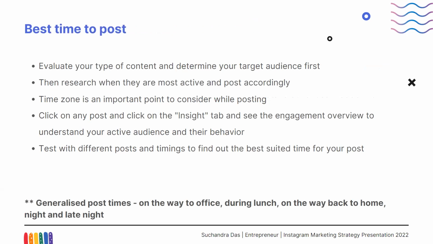Now comes best time to post. Instagram 24/7 আমরা ইউজ করতে পারি, যখন খুশি আমরা চাই আমরা পোস্ট করতে পারি। তো আমরা কি করলাম, আমার একটা জিনিস আমি শেয়ার করতে চাই। আমি রাত্রিবেলা ঘুম থেকে উঠলাম, আমার ঘুম ভেঙে গেল, রাত 3টের সময় আমি এটা পোস্ট করলাম, পোস্ট করে শুয়ে পড়লাম, পরদিন দেখলাম যে ও মাই গড অনলি 3 পিপল লাইকড, আর কিছু হয়নি, আমার খুব মন খারাপ হলো। সো ইউ নিড টু অ্যাভয়েড দ্যাট, ইট ডাজন্ট ওয়ার্ক দ্যাট ওয়ে।